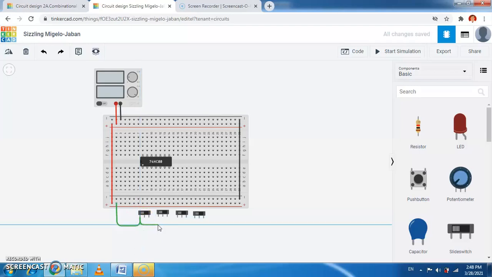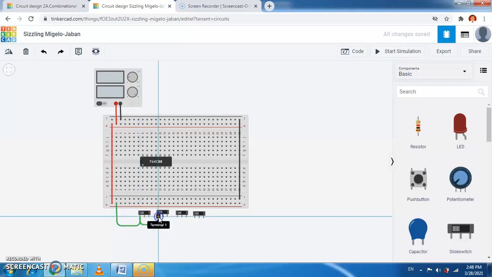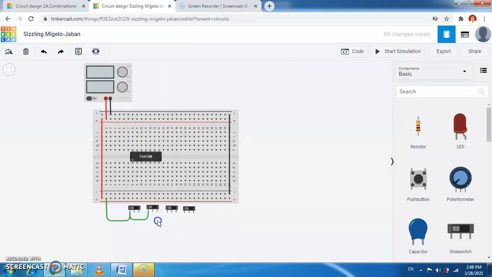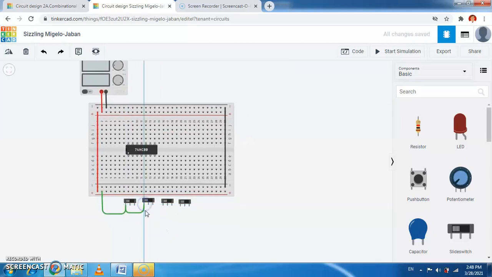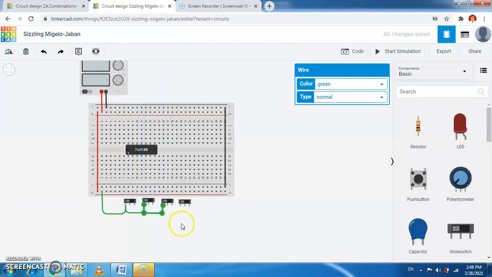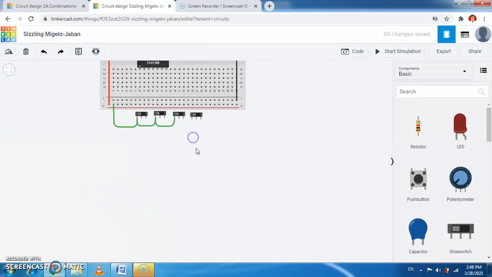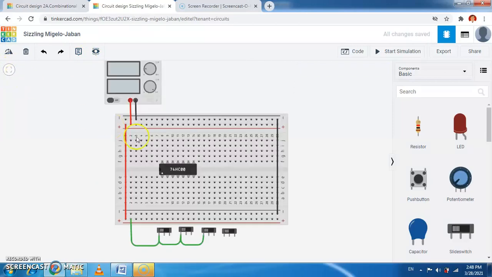So this terminal is plus. Similarly you can have this like this. In this way we can connect the circuit in this manner.